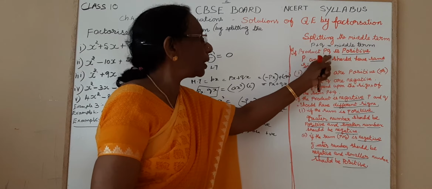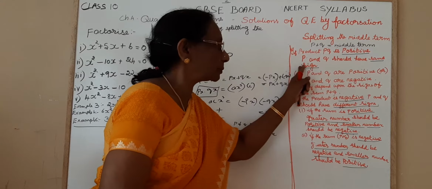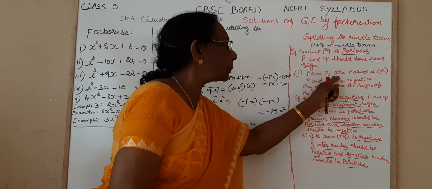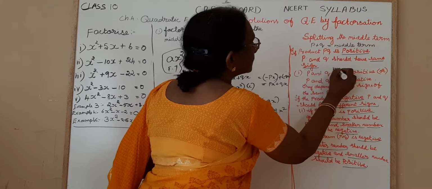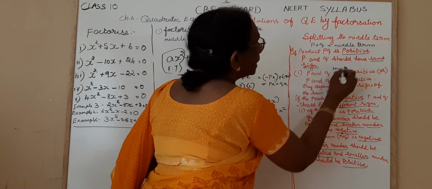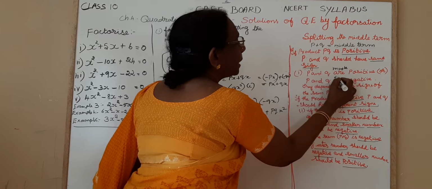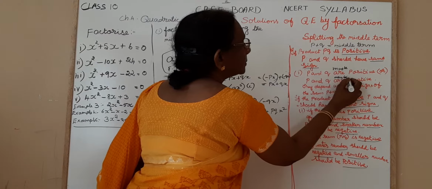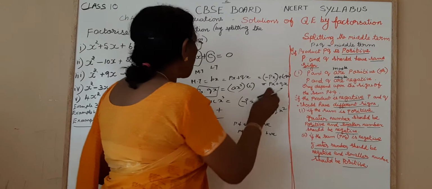So if the product PQ is positive, P and Q should have the same sign. Okay, so P and Q are positive. They may be positive, or P and Q may be negative. There are two chances. Okay, in the same way, now let us move to